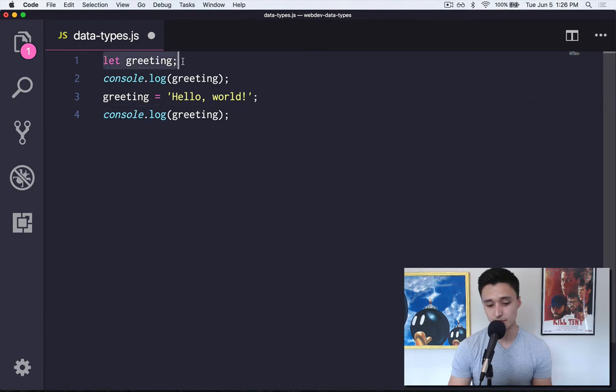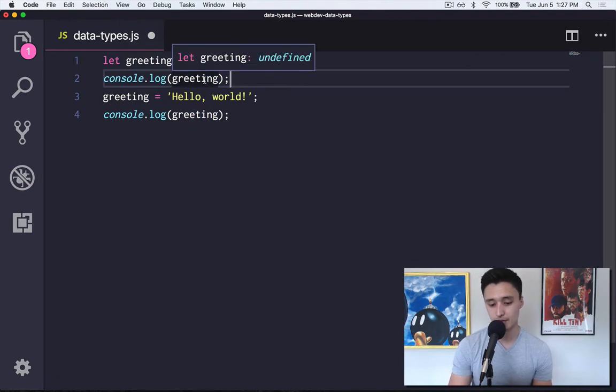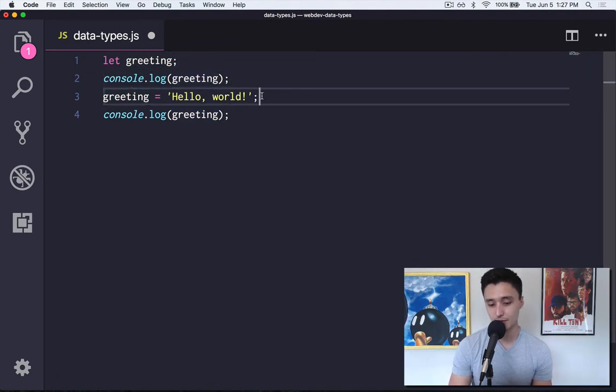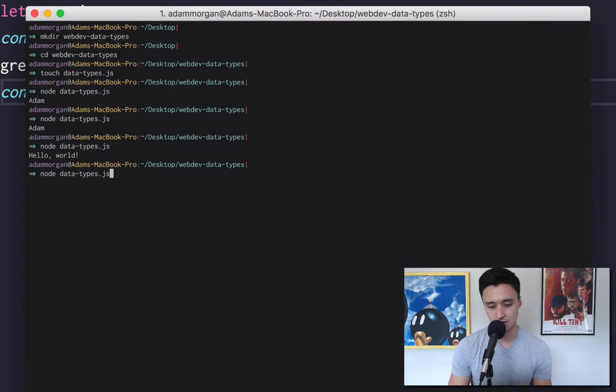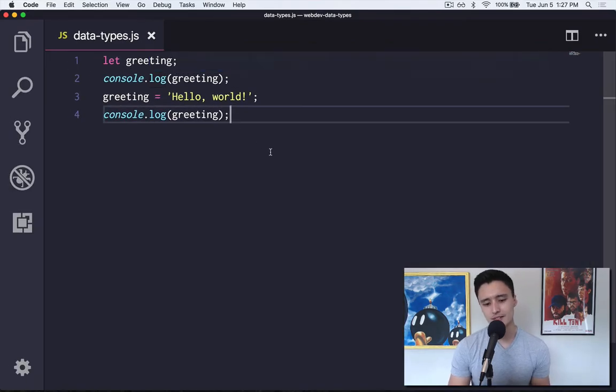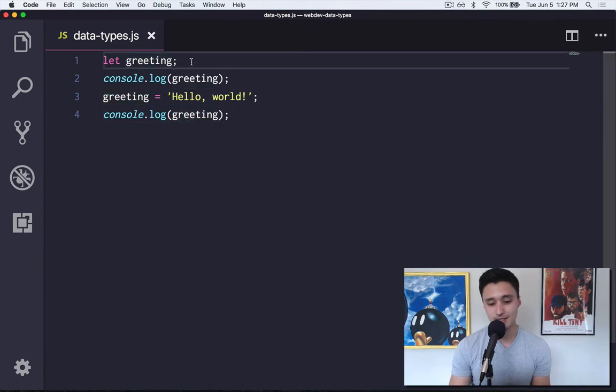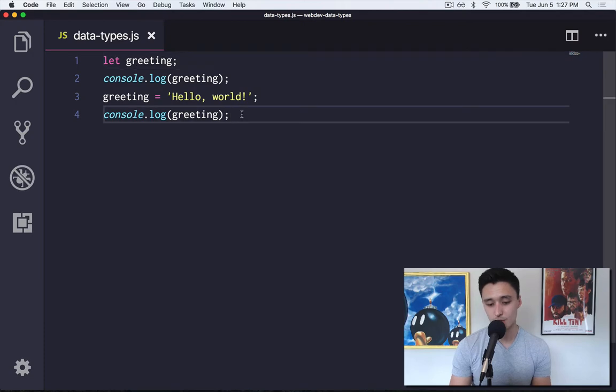So we declare a variable, then we're printing the value of greeting, then we set the value of greeting, and then we print the value of greeting again. So let's see what happens here. So we'll run node datatypes.js, and you see that it prints out undefined, and then it prints out hello world. So undefined is a value in JavaScript that's assigned to a variable if no value's been assigned to it. So here we did let greeting, and because it hasn't been assigned a value, it just logs out undefined. Then we set the value hello world to greeting, log it out once more, and then we actually saw the